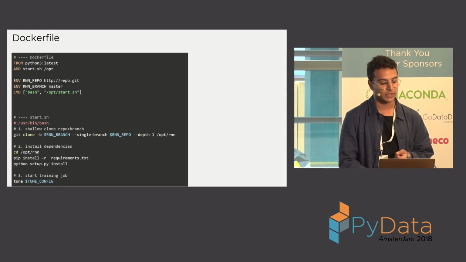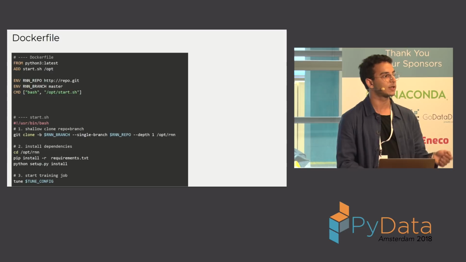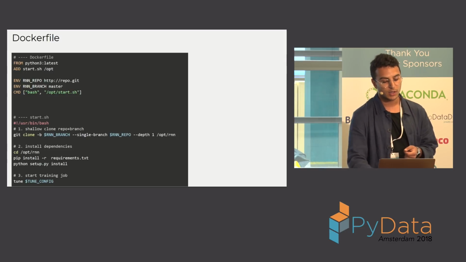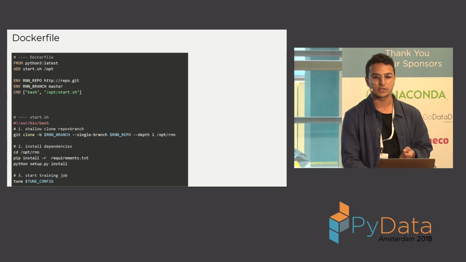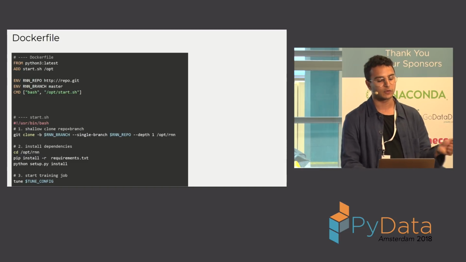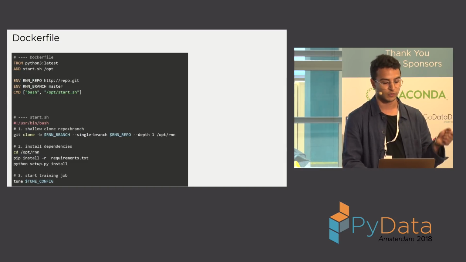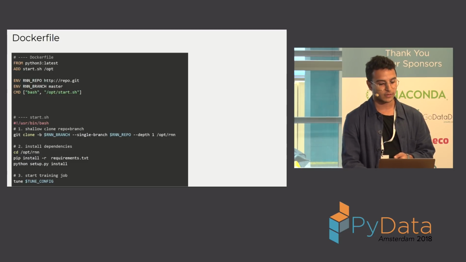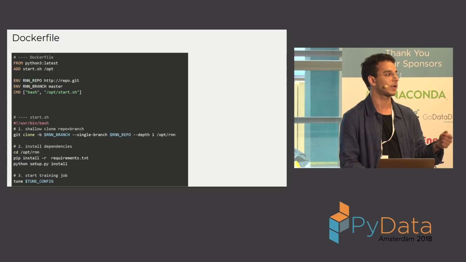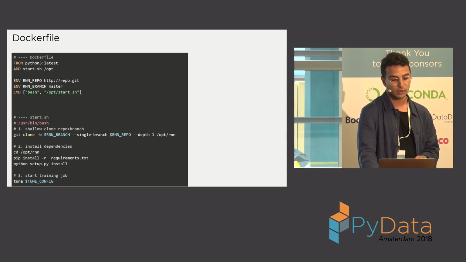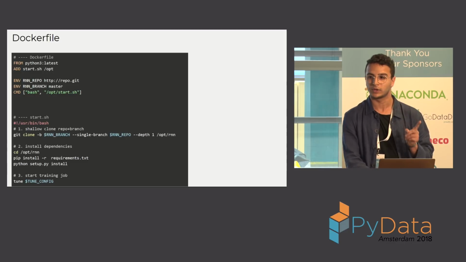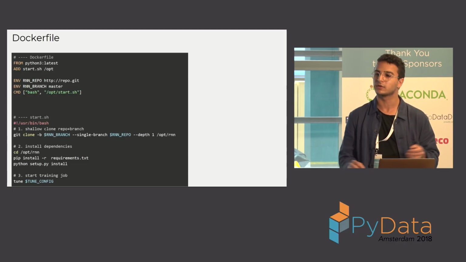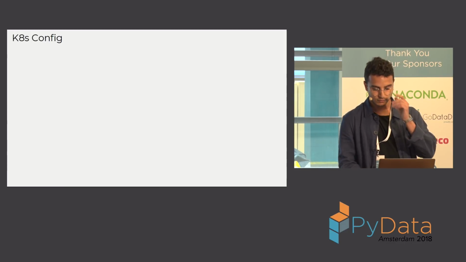Now, the main question would be, why did I do the cloning on runtime instead of build time? And the answer is, well, it doesn't really matter, because if we have 3 days of training, if I spent 1 minute pulling and running the dependencies, it won't really make a huge difference. That's one thing. And the other thing is, I didn't want to build a new Docker image every time I have a change in my TensorFlow graph. So in this case, I can only have 1 Docker image for all types of TensorFlow graphs that I'm training.